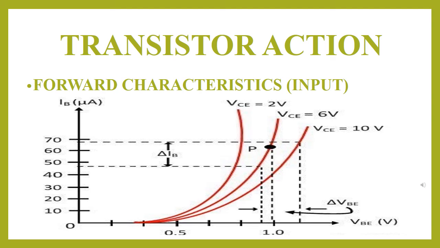If we change VBE, note IB, and check that VCE is not changed. When we are sure it is not affecting, we draw the graph between VBE and IB with VCE kept constant. It shows that before the cutoff voltage there is no current. After the cutoff voltage there is current. Resistance in forward biasing is a few kilo ohms to a few hundred kilo ohms. This is the dynamic resistance or input resistance.